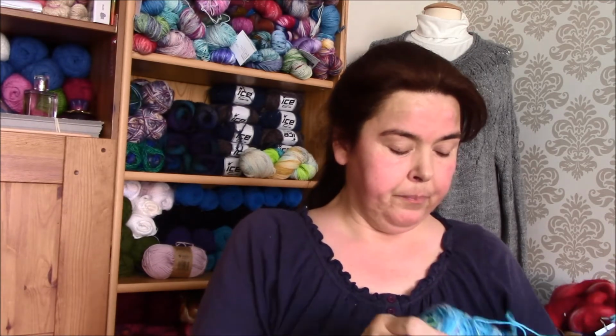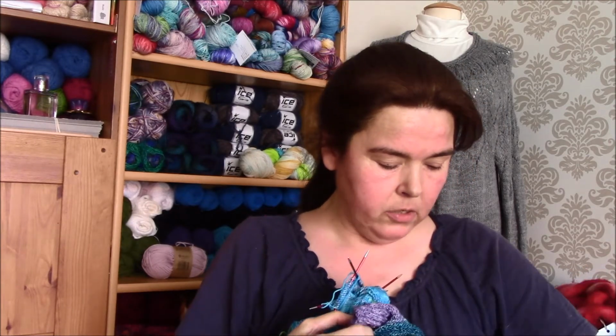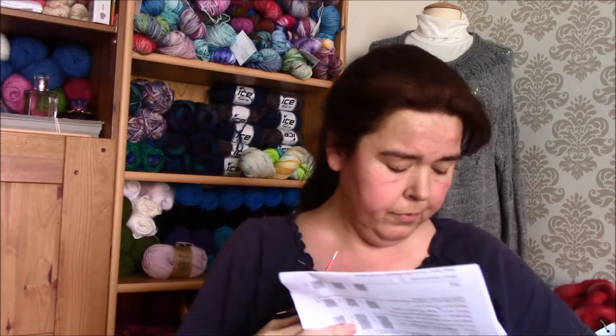So, the next thing I'm working on is a lot of socks. And I've got a few pairs on the go. The first thing I want to do is share a pattern with you, because it's a free pattern on Ravelry,